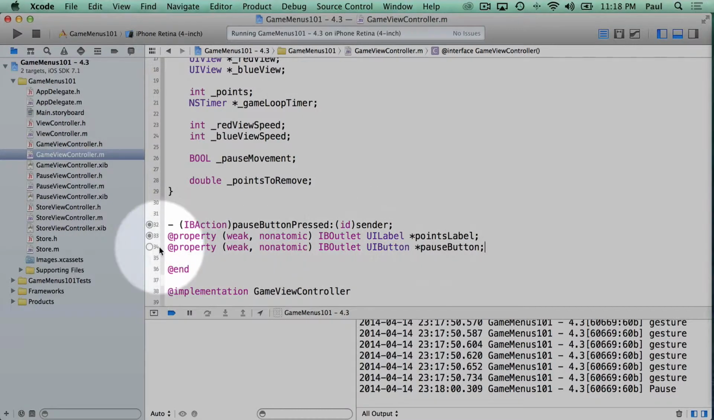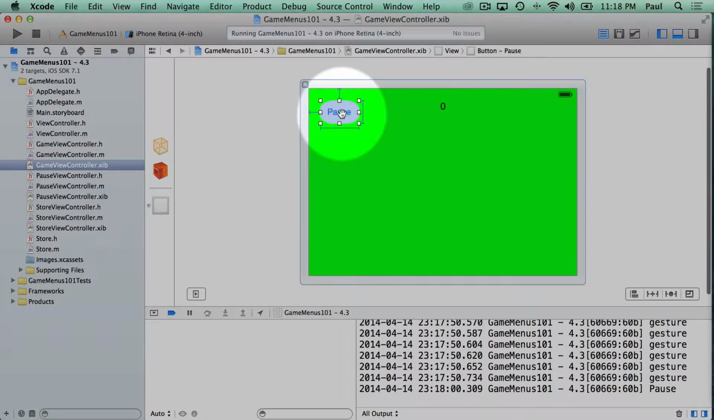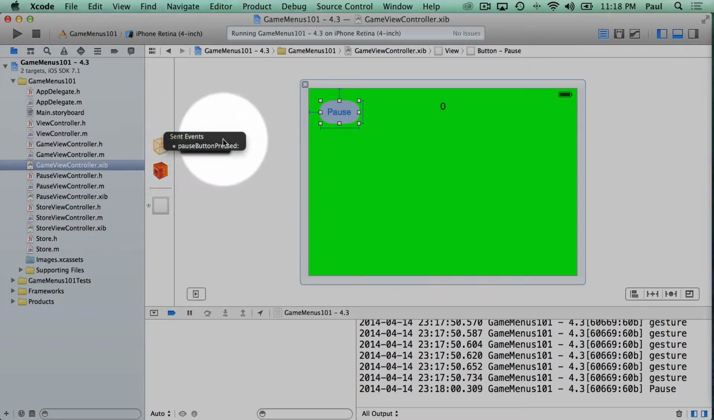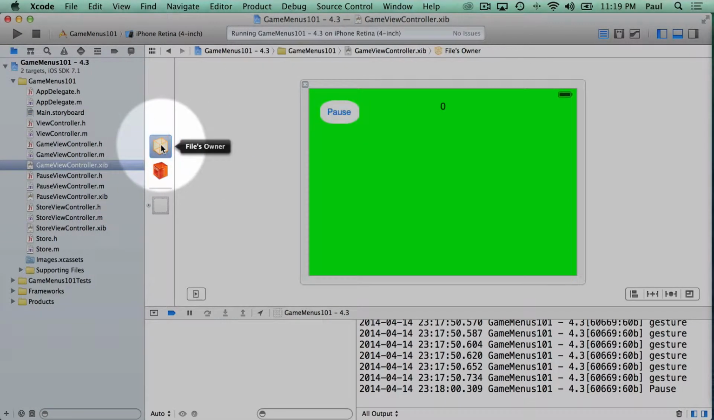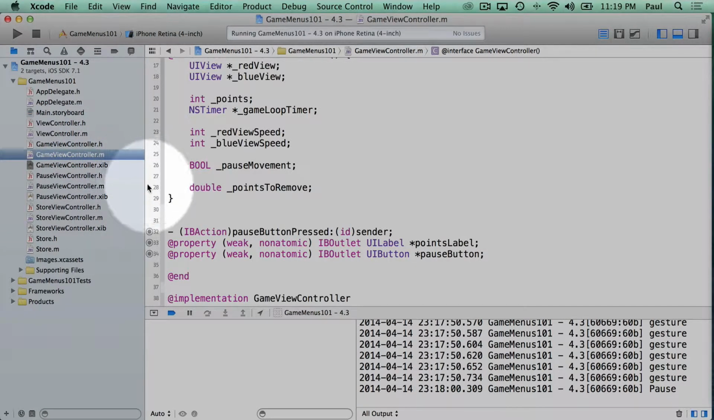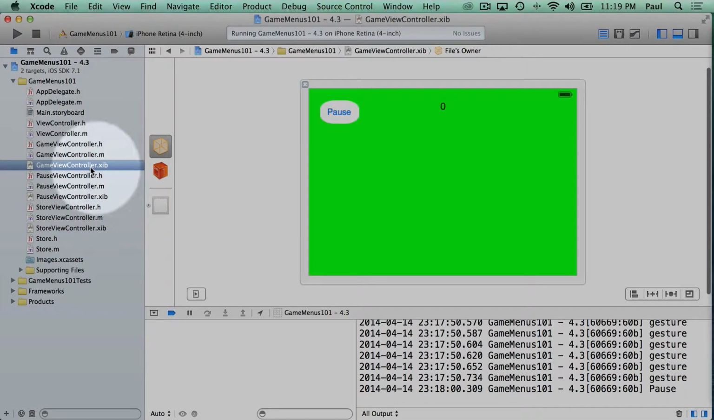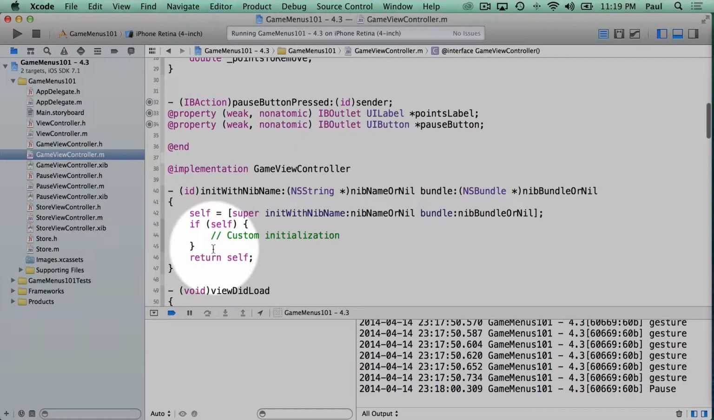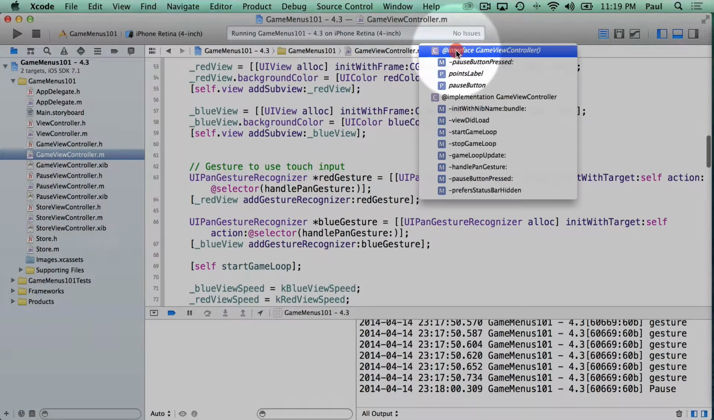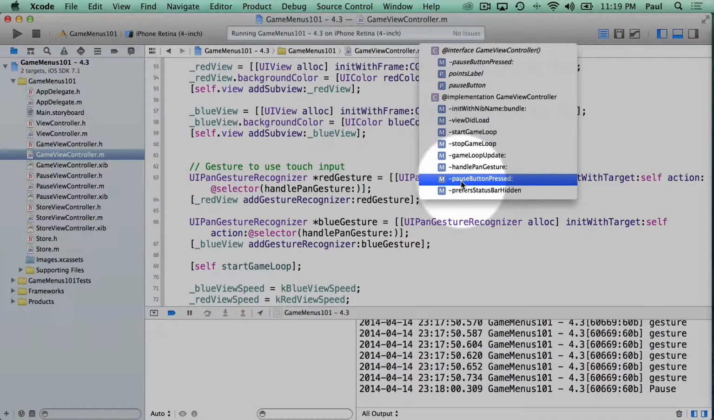So we do that. It's not hooked up yet. So let's go over to our interface file. And what we can do is drag this to our file's owner. And sorry, it's the other way around. We drag from our file's owner to the pause button. We should see the option here to select it. We select it, and we should be good to go. And so that has that connected. I'll just save both files. And then when we are pressing the pause button,